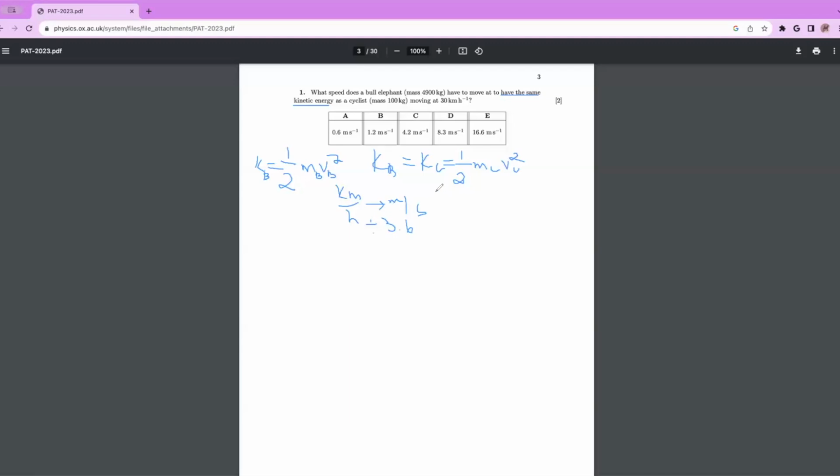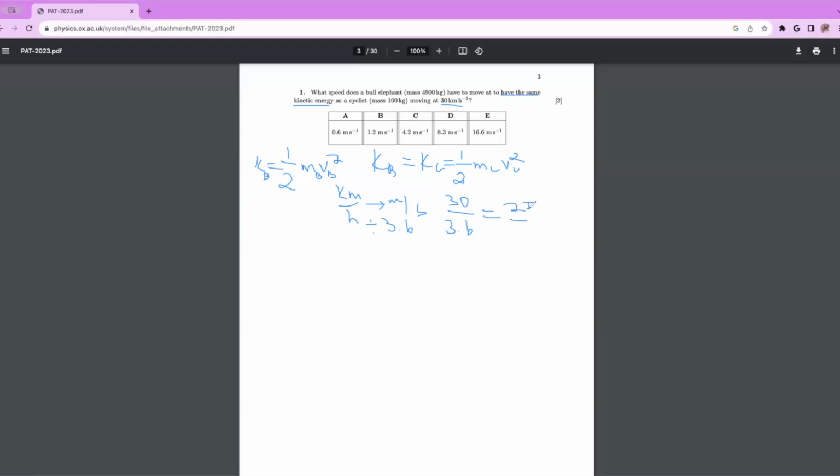So we have that the guy's velocity is 30 kilometers per hour. So if we do 30 over 3.6,